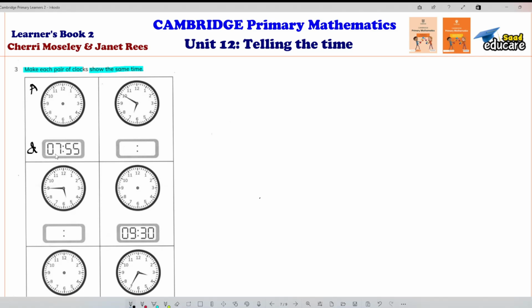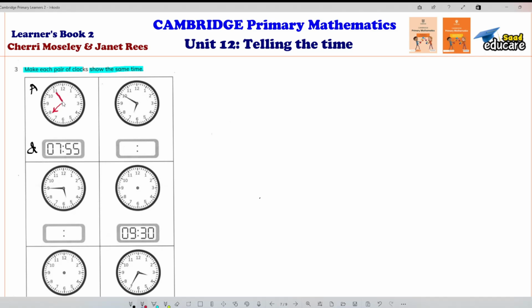The digital clock says 7:55, it means it's 7 but already 55, so it's near 8. Our clock should be near 8 but not exactly on 8. So we can write like this. This is our hour, and the minute